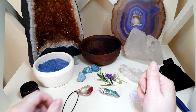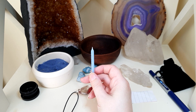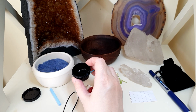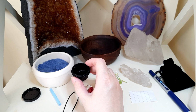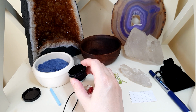So the first thing we need is I've chosen a blue candle, and this is the colour for healing. I've created some healing oil. Now in this oil I've used sesame oil, which you can get from any health shop. I've just got it in my kitchen. I use it for recipes. And I've added to it lavender essential oil, rosemary essential oil, and eucalyptus essential oil, which are all helpful